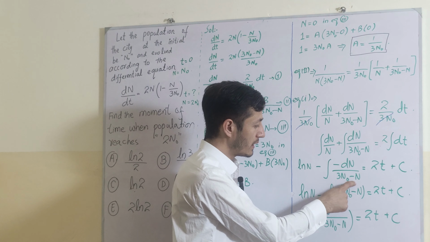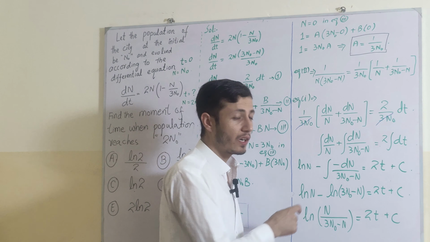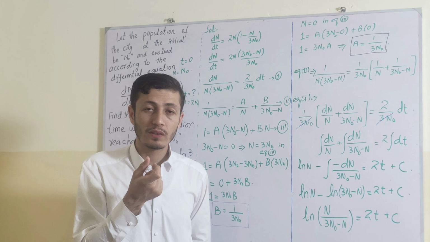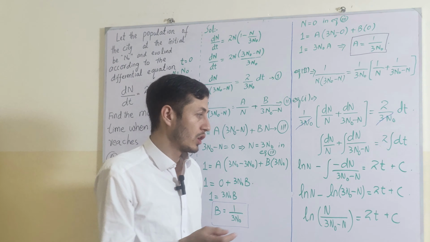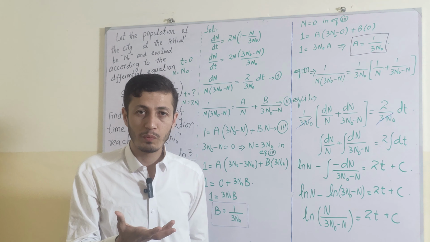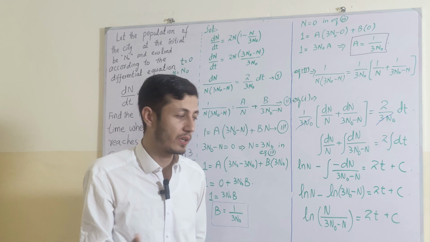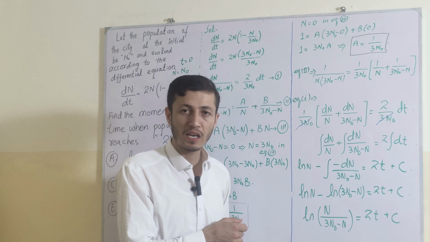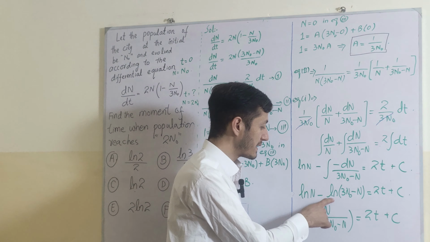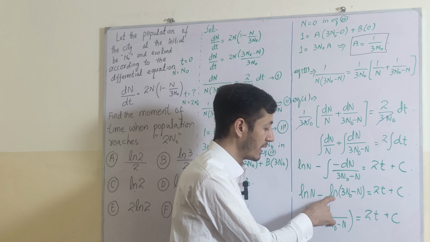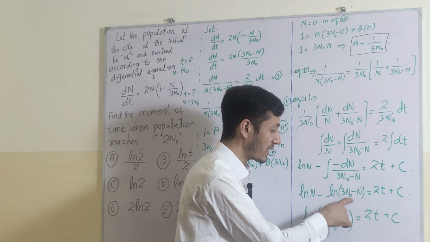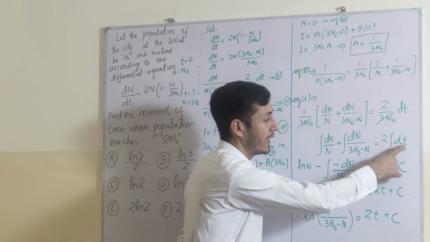So now in the denominator there is a function, in the numerator there is a derivative of the denominator, so the formula of integration will be used: natural log of the function, and the function is 3 times n naught minus n, so it becomes minus natural log of 3 times n naught minus n is equal to